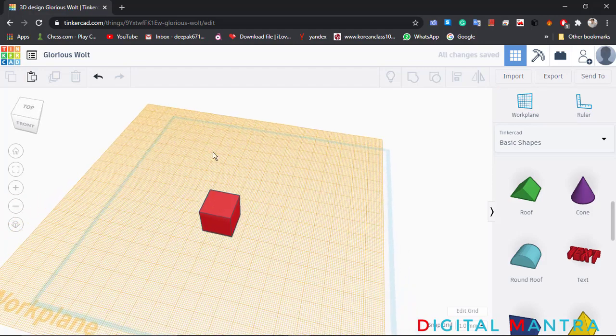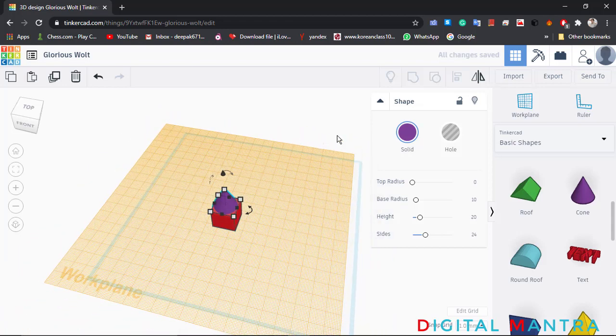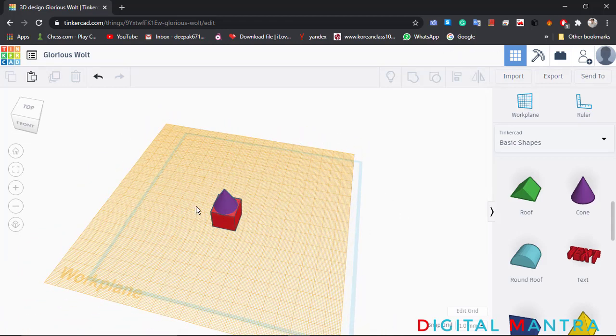The default layer is blue, but this is a temporary layer you have created to build a structure on the top plane. Now when you drag the cone, you will find it placing directly on the top of the plane. If you want to see it clearly, I will select the outside portion to make it visible for you.